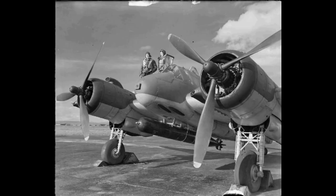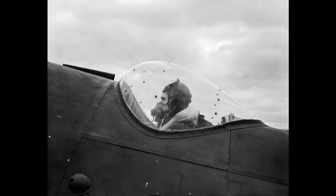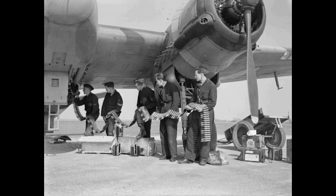the conflict. On the 2nd of November 1943, another high-profile event involving the type occurred when a Beaufighter, A8-54, won the second of 2 unofficial races against an